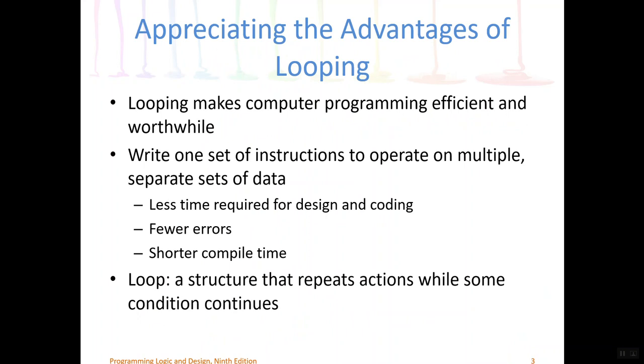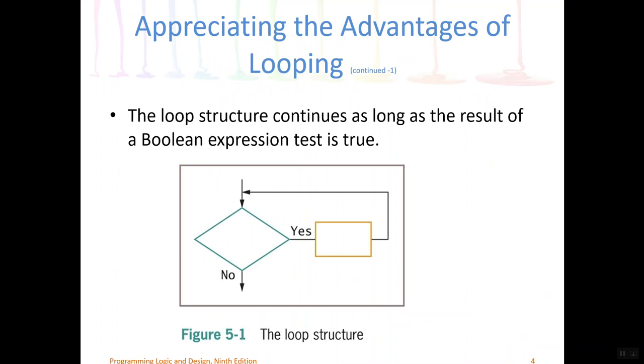So a loop is a structure that repeats a set of actions while some loop condition continues to be true. And we saw this structure in earlier chapters. Here is a very general form for a loop. The diamond shape represents a decision or a test. We also called this a Boolean expression that evaluates to either true or false. For example, while x is greater than 3, x greater than 3 could be a condition that is represented in